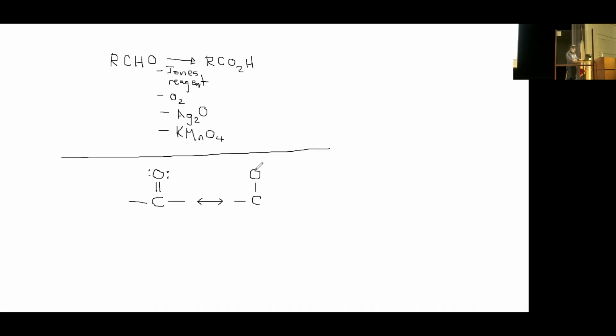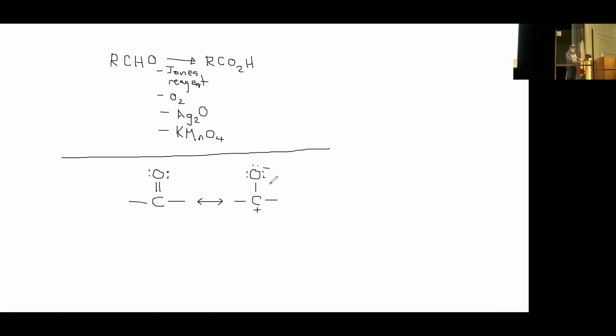There's another resonance form that you can draw that has a minus charge on oxygen and a plus charge on carbon with only 6 electrons around carbon. Of course, that's a minor contributor. Of course, the structure looks much more like this than like this. But even though this is a minor contributor to the overall structure, it's important. It's because of this